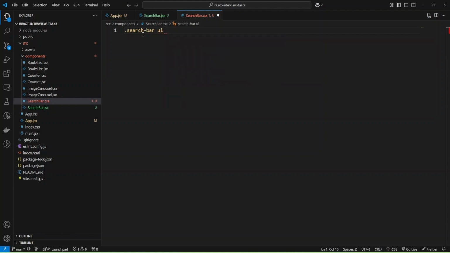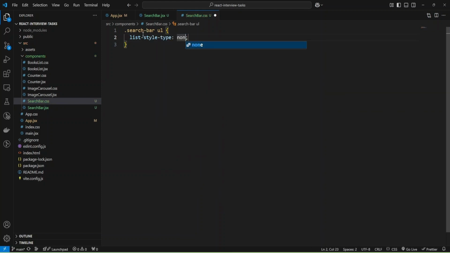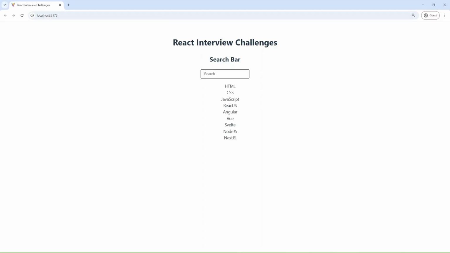I'm going to add styles for an ordered list, and I'll add list-style-type and provide none, and also I'm going to add styles to input, and we'll add padding like 0.5rem and also 0.7rem for left and right, and let's check.